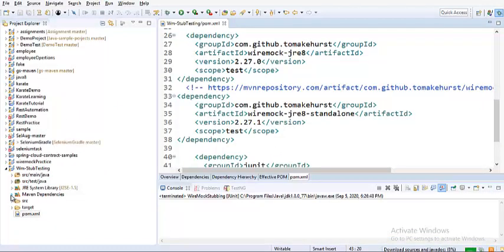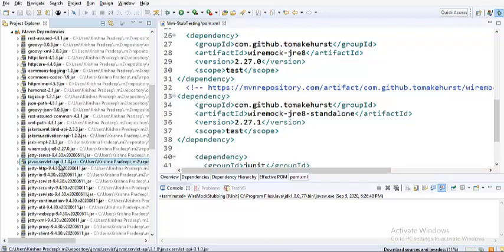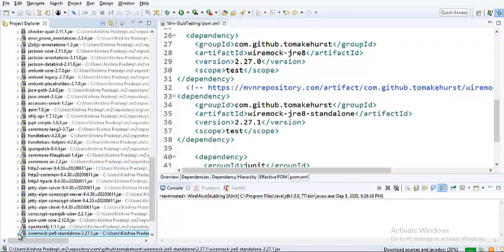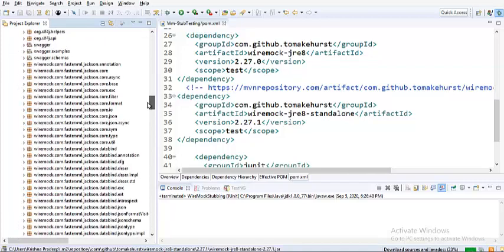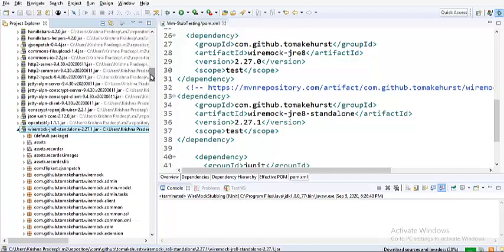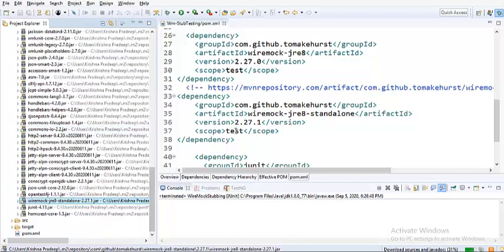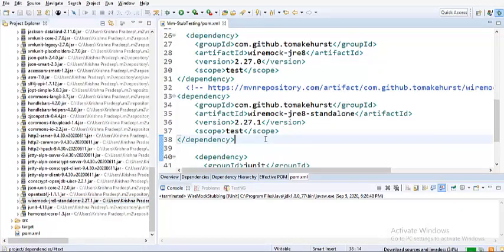If you go to the Maven dependencies part, you can see a lot of WireMock artifacts, the WireMock standalone server, and all these things are downloaded. So I think we are good with the dependencies. That's it for this video, guys. This is how you set up a project in order to work with WireMock. In our coming lecture, let me create a class, and then let me show you how to create a stub and how to test that with the help of REST Assured.